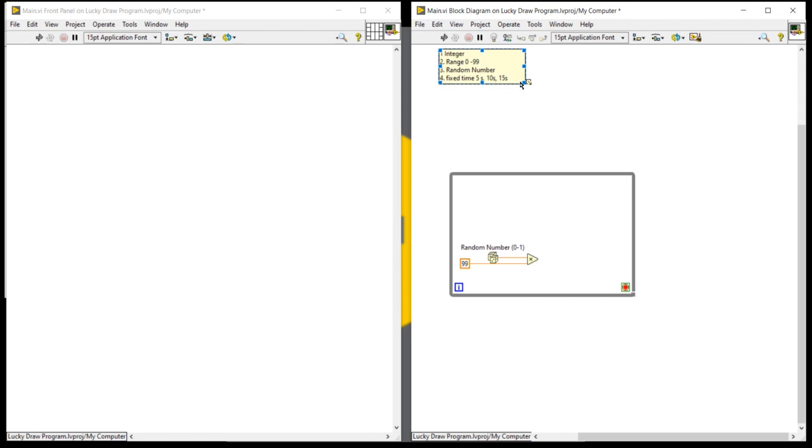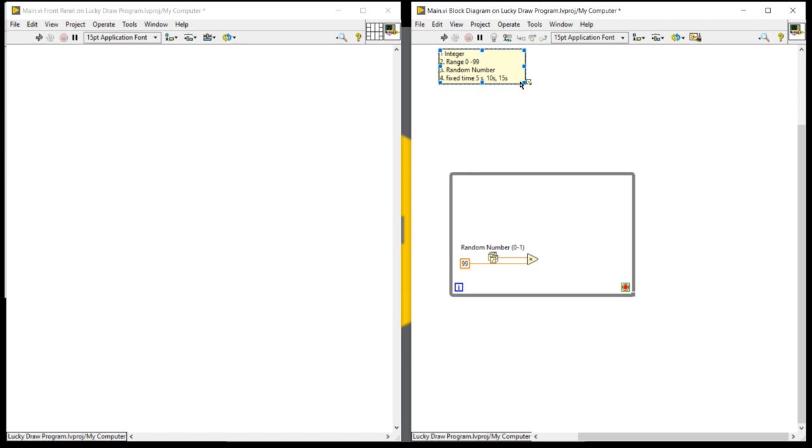The maximum number is 99 and the minimum will be 0. For this lucky draw program, the largest number will be 99 and the lowest number will be 0. That means we can take U8 or I8 numeric representations. Why?